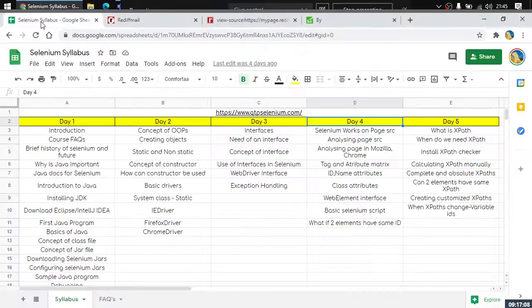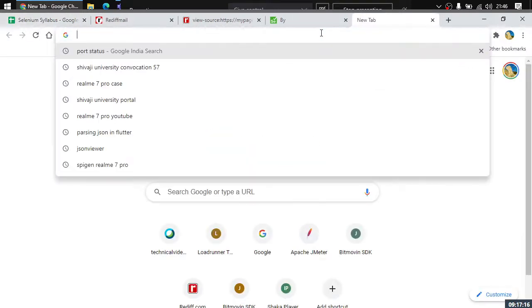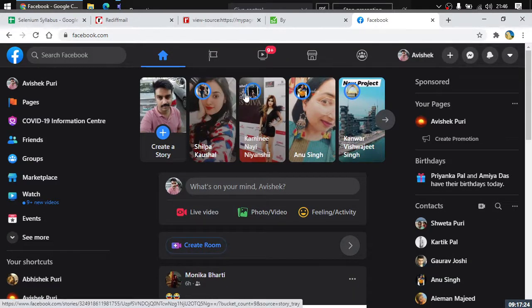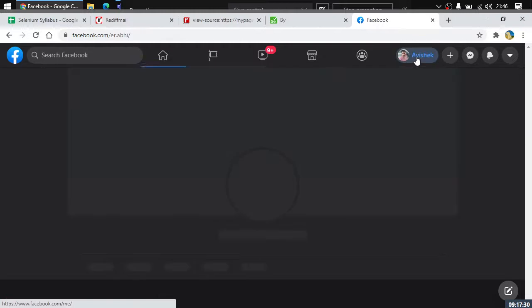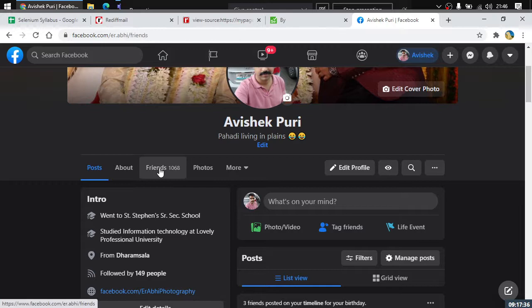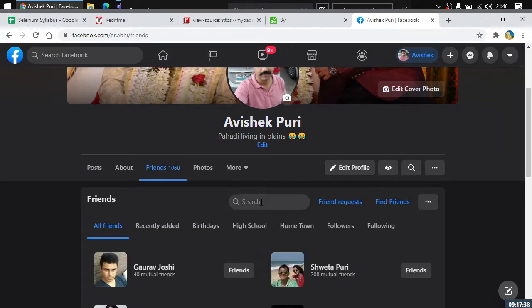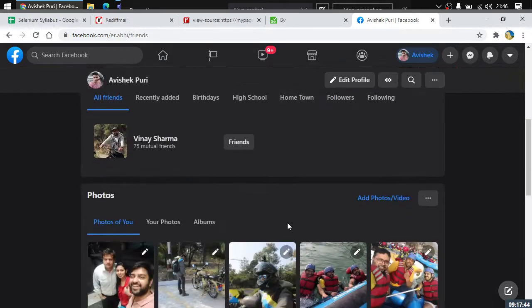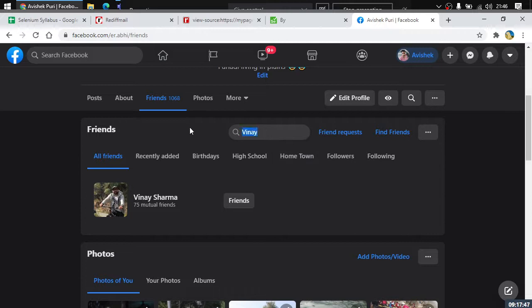Next thing, what I want you guys to do is try to log in into Facebook. Then you will be taken to this particular page, right? And here, once you have logged in, you will be taken to this particular page. Click on your name here or here, anywhere, click on your name with the help of code, go to this particular page, then here click on friends and try searching for your friend name. For example, I would like to search for Vinay, right? So there may be multiple Vinays, there may be one single Vinay. I want you guys to try doing this.